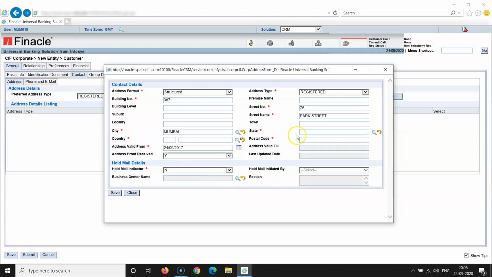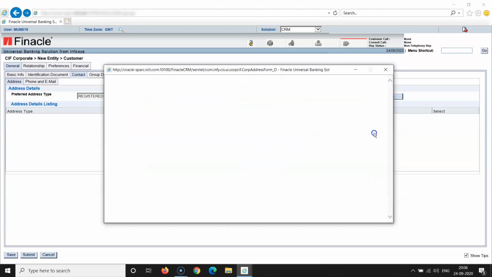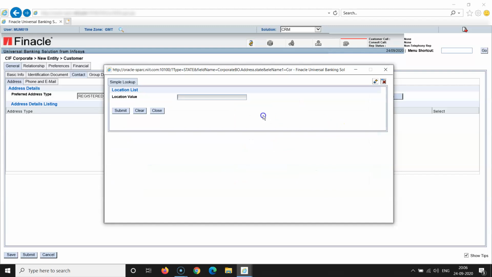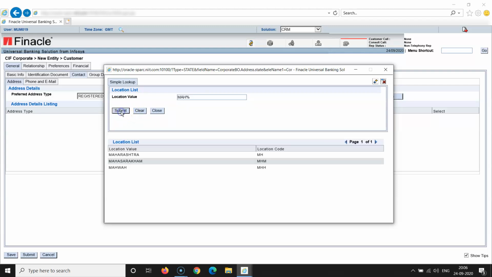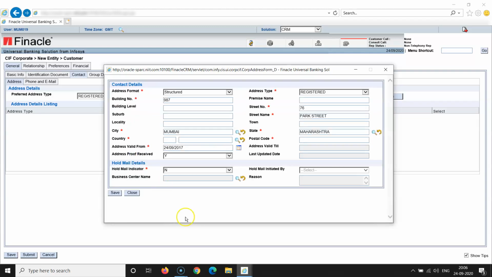So nothing else. Yeah, state Maharashtra. It's advisable, don't type Maharashtra yourself, otherwise it may create a problem if there is any space, or just write MAH suffixed with percentage. Click on submit, you'll get Maharashtra here, right? Double left click on this. This is selected here, right? Pin code is mandatory, 400087, right?